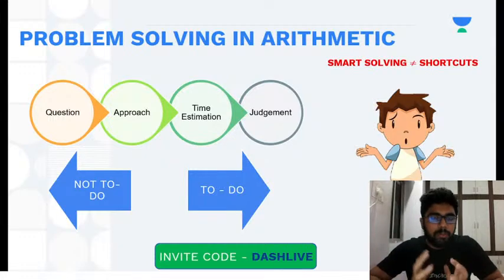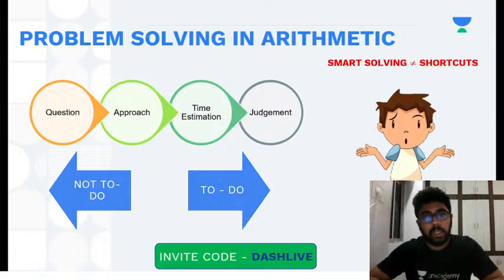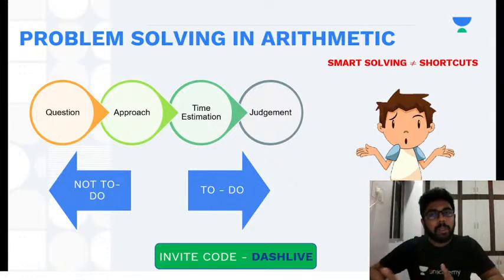People often get biased about shortcuts. They think, if I know shortcuts only, then I am preparing for my exam in a proper way. If I'm not aware of the shortcuts, maybe I'll take more time to solve, and I can't crack this exam. CAT is not an exam about shortcuts. It's not a speed game at all.